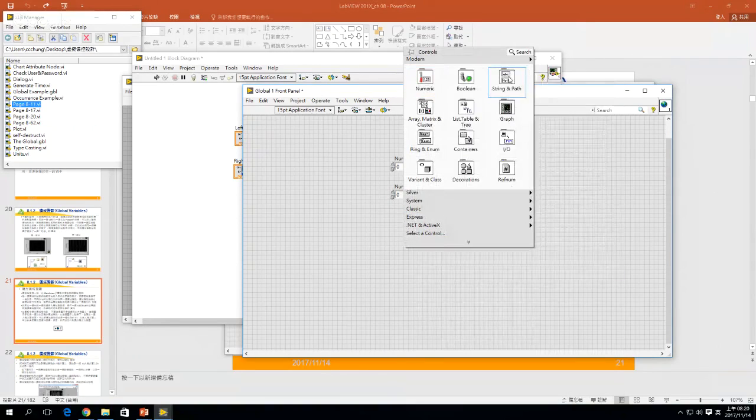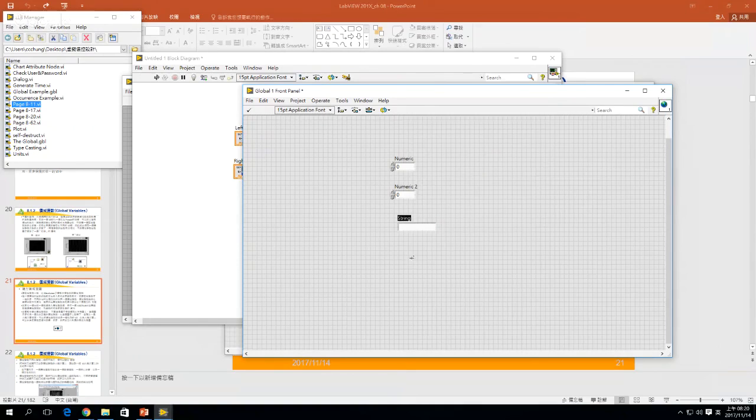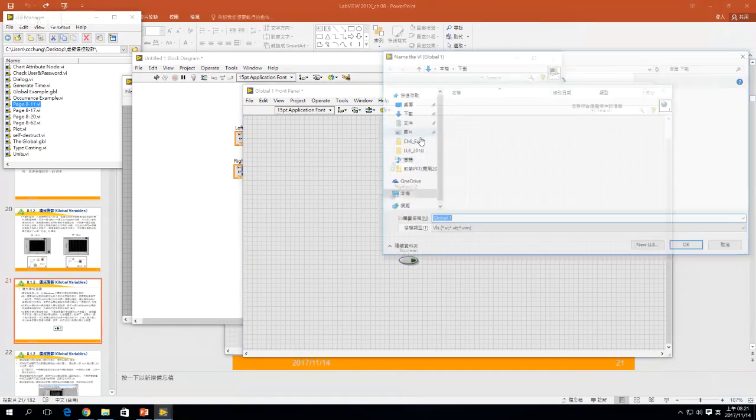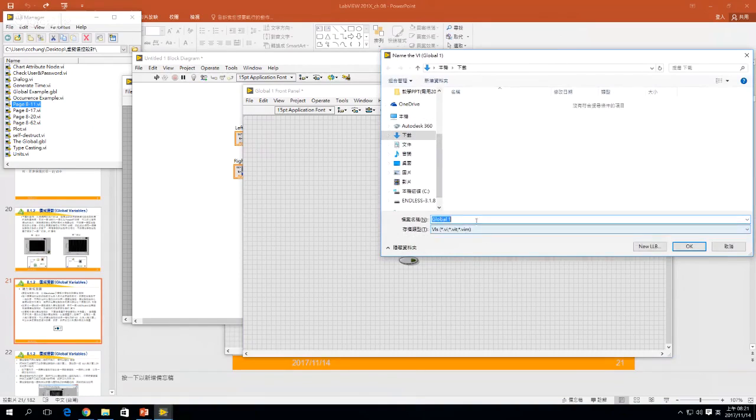I mean that you can put in several, and this is the boolean. Okay, for this example, this is my global variable, and I have to store the global variable as a vi，我必须要储存 global variable。哦，这就跟 local variable 比较不一样的地方。